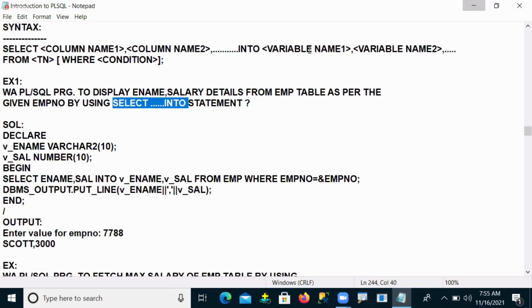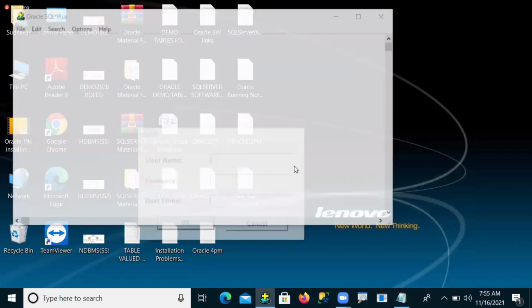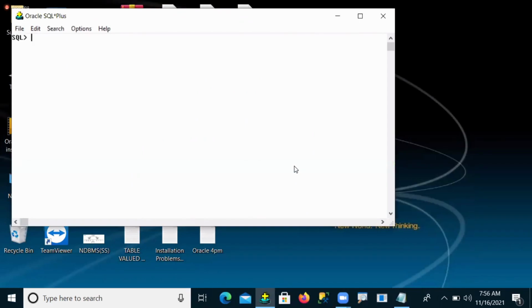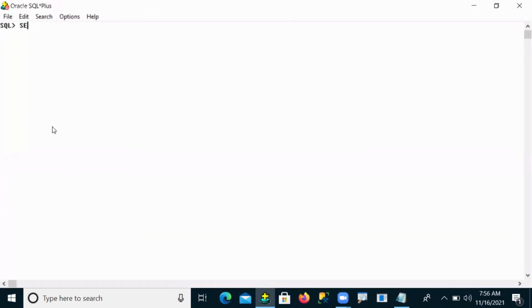Here, observe. Come to your database first. Open your database. So this is my table.